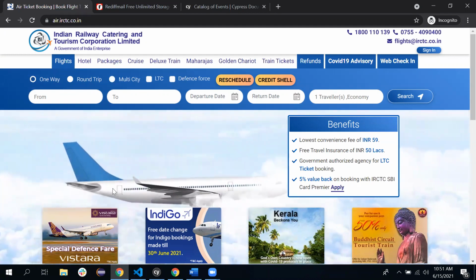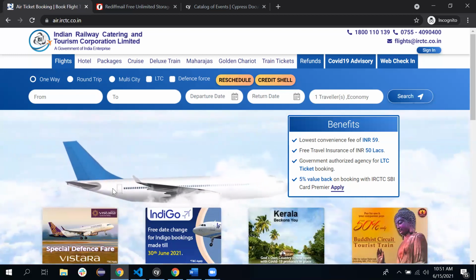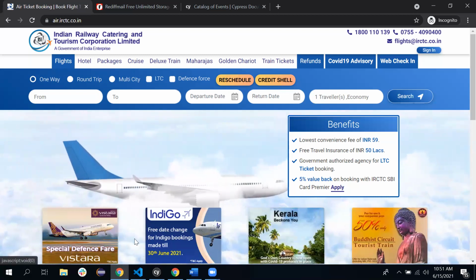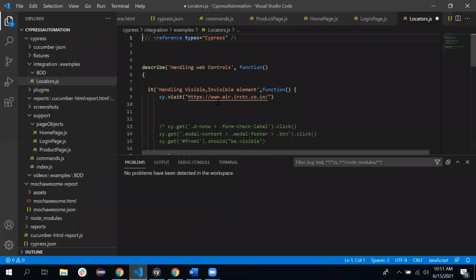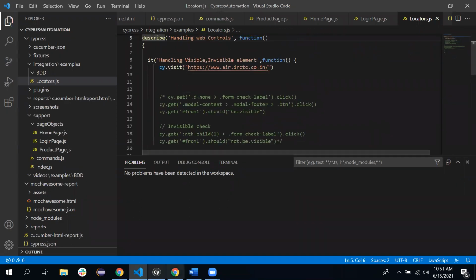So basically we need to check the visibility and the invisibility for this particular scenario using Cypress, that the element is coming properly or not. For that, just open the Visual Studio terminal and open the URL. This time I will use the playground that is provided by Cypress to fetch the locator. So you can get the idea how to use the Cypress playground to fetch the locators, and using that you can directly create the locator and use it for your test cases.